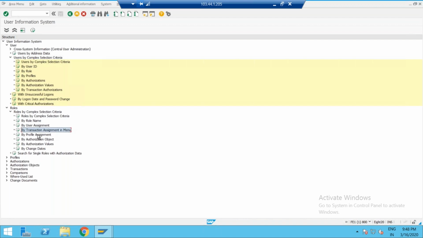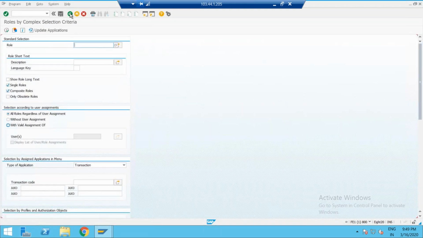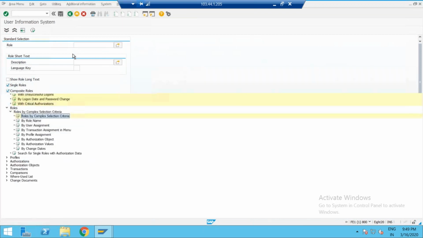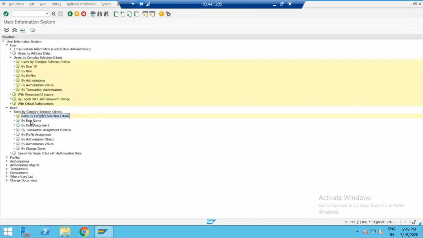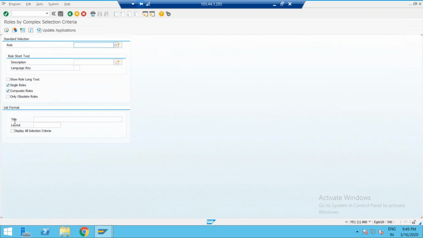Again go for that by role name, by user. Go for user way first of all. I want to know my user ID, how many roles are assigned. With any role name, what are the users there. Same thing. Complex means everything is getting displayed. If I want to go individually, you can select individually one by one. By role name.